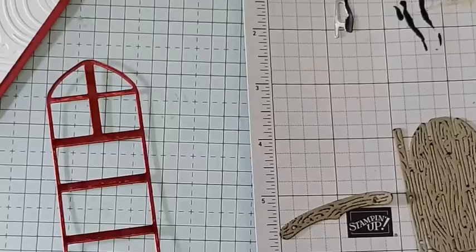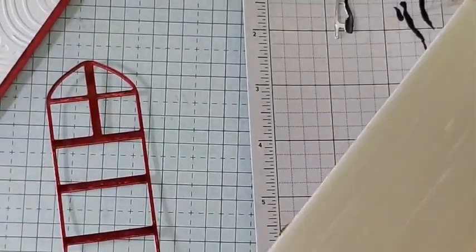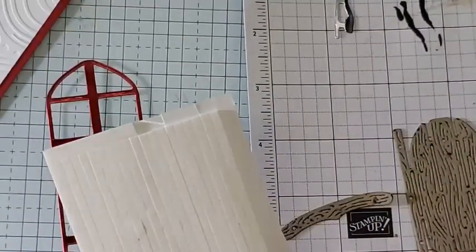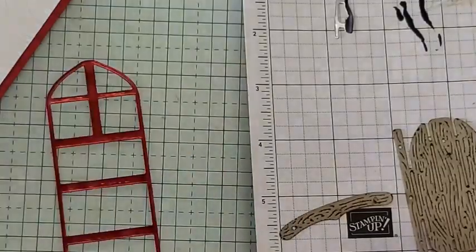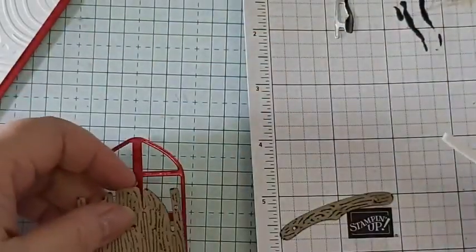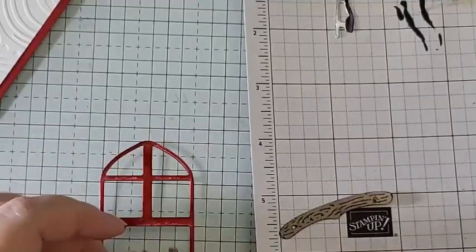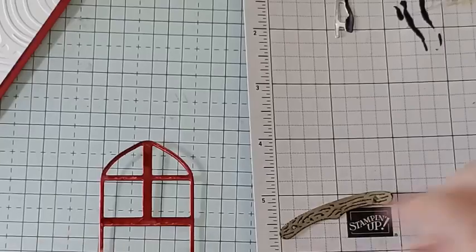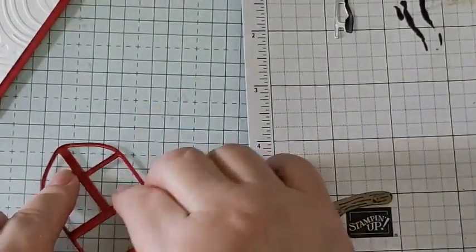So I was going to use some Stampin' Dimensionals. I was going to cut them up. And then I remembered in a Paper Pumpkin, I got these, we sell strips like this, but they're a little fatter. And I had these left over from a Paper Pumpkin. So I looked at this and I thought most of that is going to be covered. Not all of it. So I'm going to put little snips of this because I want my sled to stick up a little bit from the